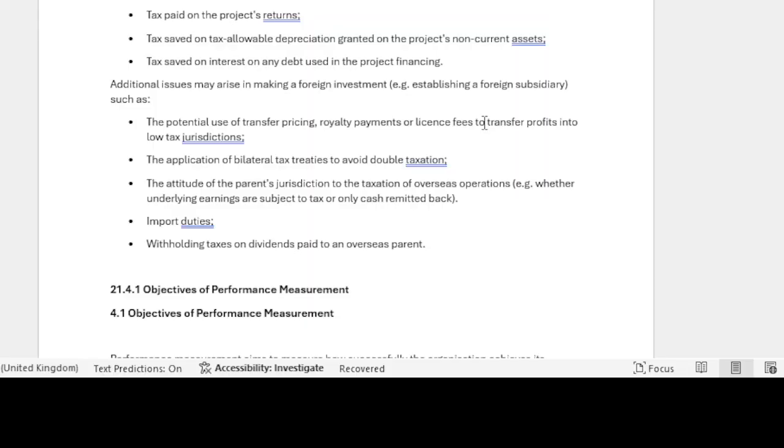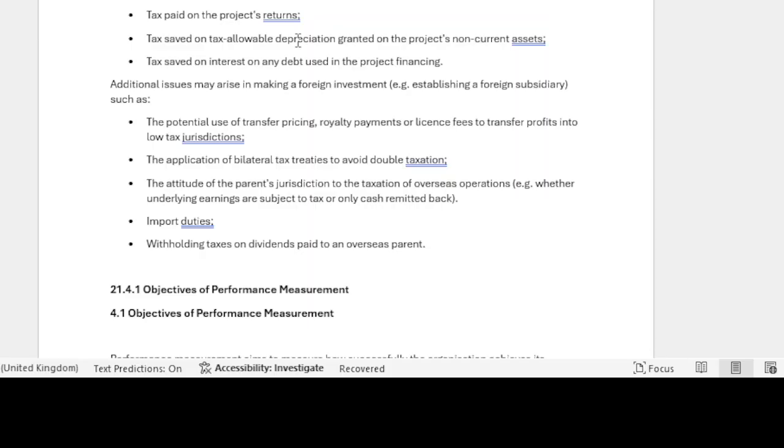This will be straightforward. But remember, there will be additional issues that will arise in making foreign investments. For example, if you're making a foreign subsidiary, it means that now when you're having a subsidiary, you'll have implications like, for example, bilateral tax treaties,